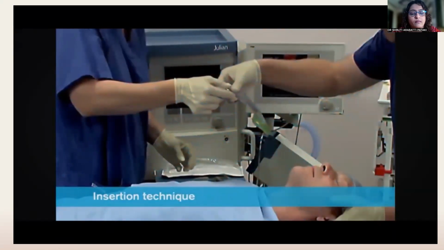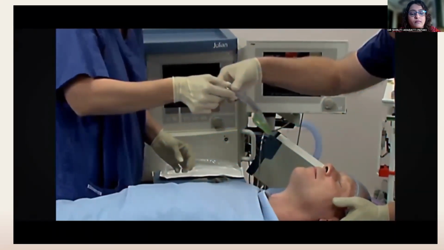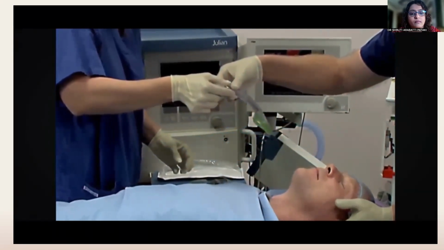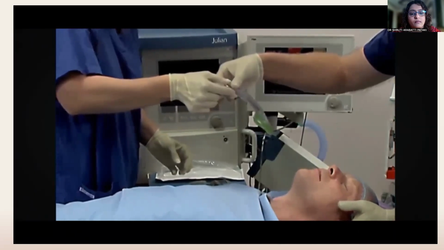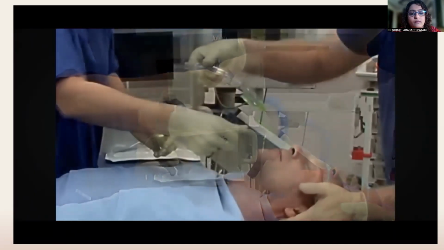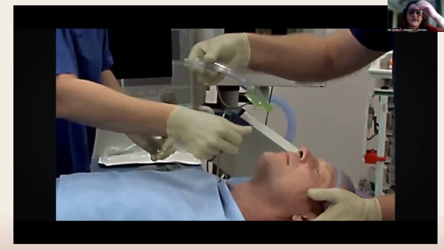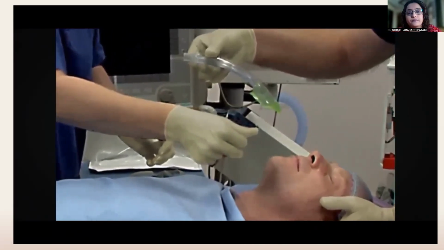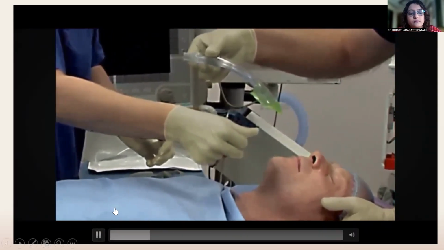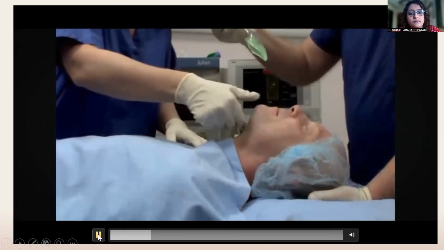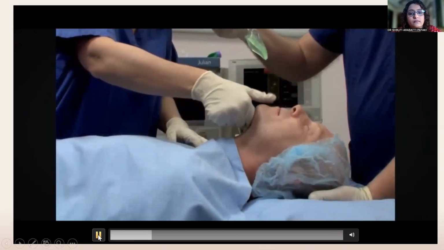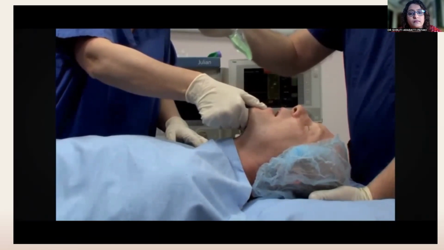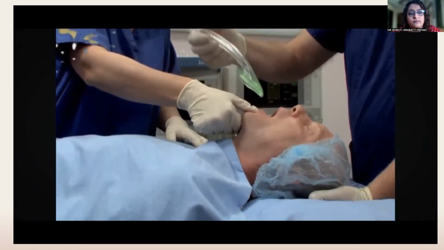Remove the i-gel from the protective cradle and grasp the lubricated i-gel firmly along the integral bite block. Position the device so that the i-gel cuff outlet is facing towards the chin of the patient. The patient should be in the sniffing the morning air position, with head extended and neck flexed. The chin should be gently pressed down before proceeding to insert.